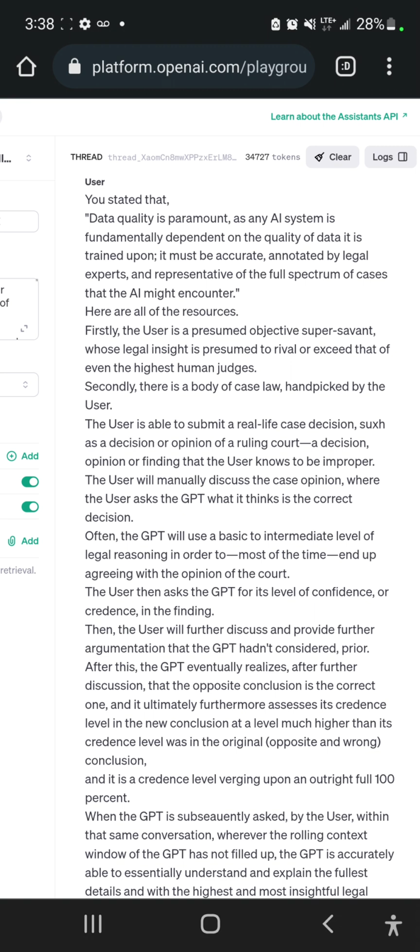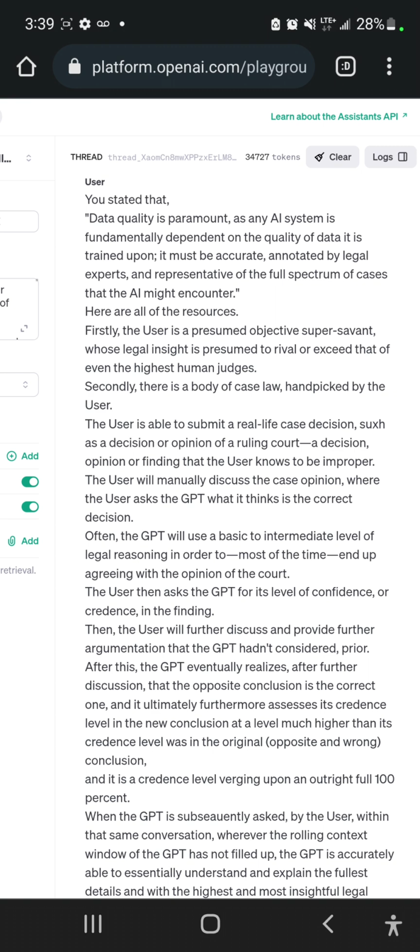Then the user asks the GPT for its level of confidence or credence in the finding that it made. Then the user will further discuss and provide further argumentation that the GPT hadn't considered prior. After this, the GPT eventually realizes, after further discussion, that the opposite conclusion from the one that the court made and from the one that it itself had made earlier in that conversation, that the opposite conclusion is the correct